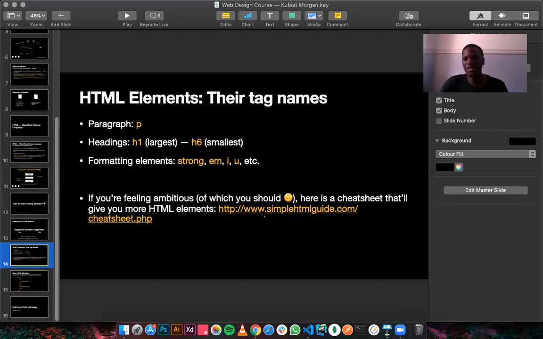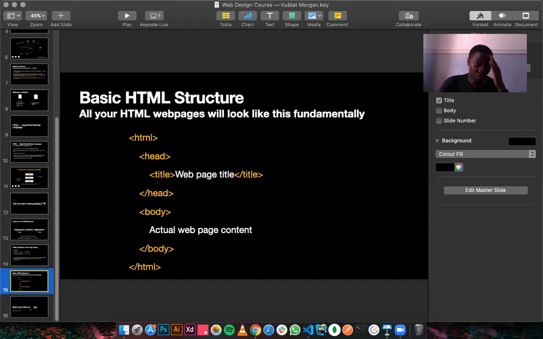This site is going to help you. There's no need hoarding knowledge. Most of these things are available online. My job here is to try and break these things down to the actual basics. There are a lot of web tutorials out there, but a lot of them don't do a good job of giving people a top-down overview of what HTML and CSS is like and why things are the way they are. So you can look up these sites that I included here to see more examples of HTML elements and tags, and explore HTML. That is going to help you for the project that you're going to undertake.